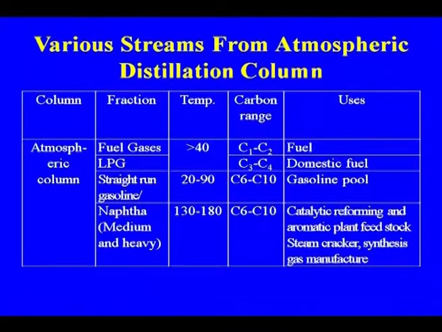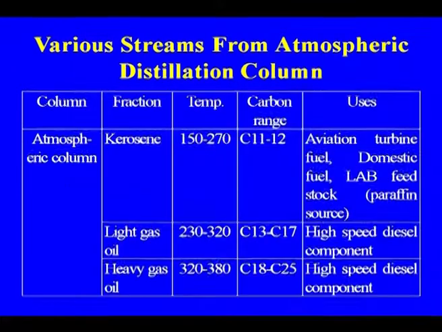These are what I was telling you already; we have discussed the products. This is actually the different carbon atoms which you get from the atmospheric distillation column. Kerosene fraction, light gas oil, heavy gas oil, different fractions. This is the temperature range, which I was telling you may vary slightly. Some part of the naphtha may be part of the kerosene,